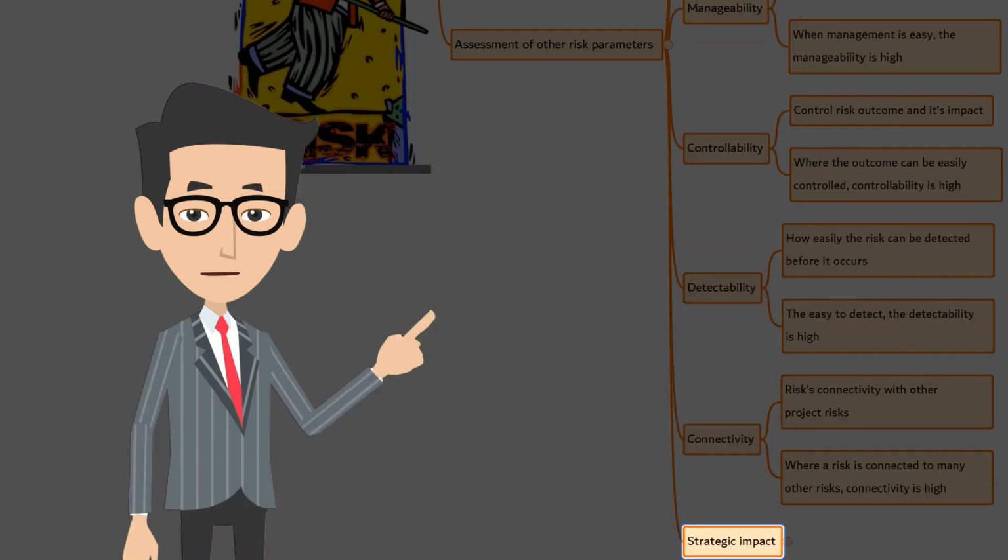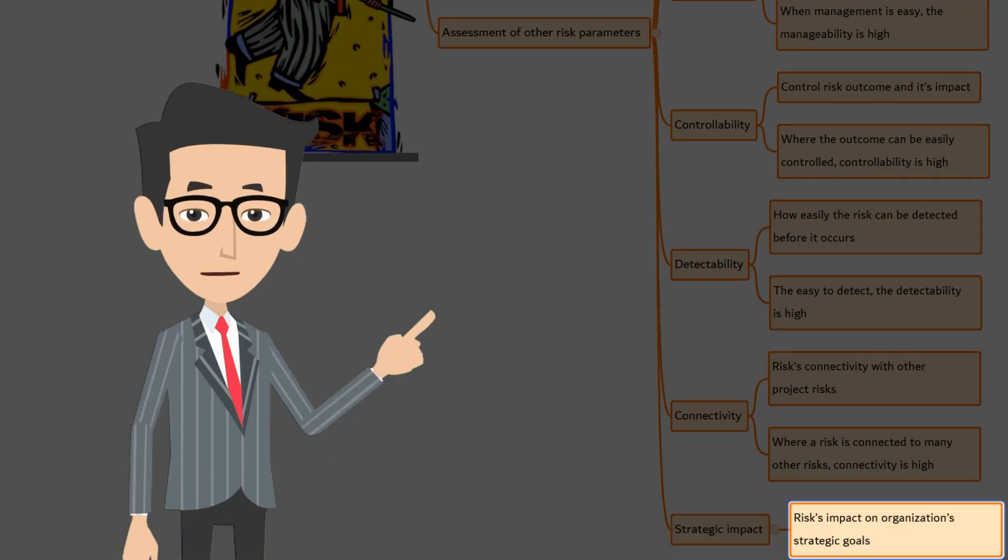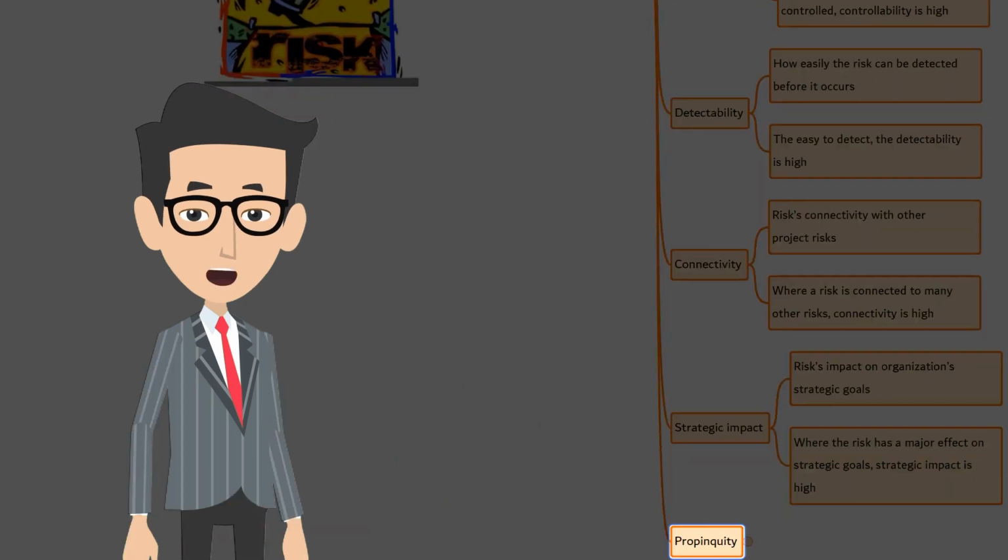Strategic impact. How much the risk can have a positive or negative impact on the organization's strategic goal. Where the risk has a major effect on the strategic goal, strategic impact is high. Propinquity. The degree to which a risk is perceived by one or more stakeholders. Where a risk is perceived as very significant, propinquity is high. The consideration of some of these characteristics can provide a more robust prioritization of risk than only assessing probability and